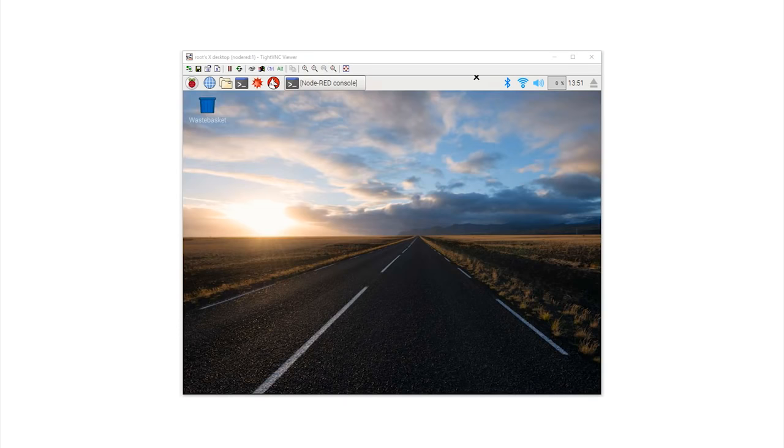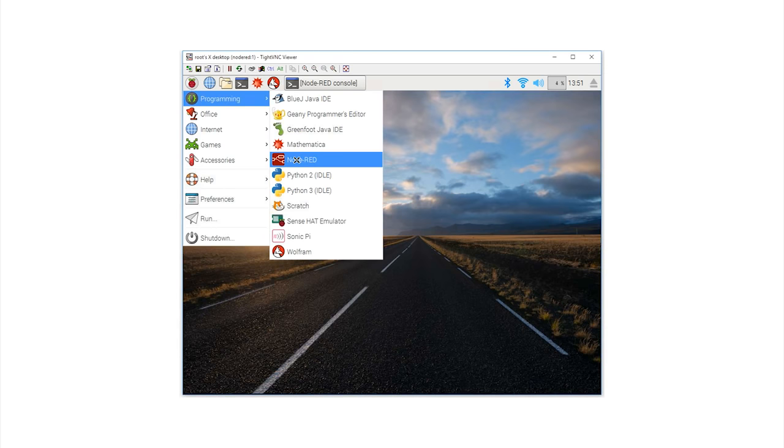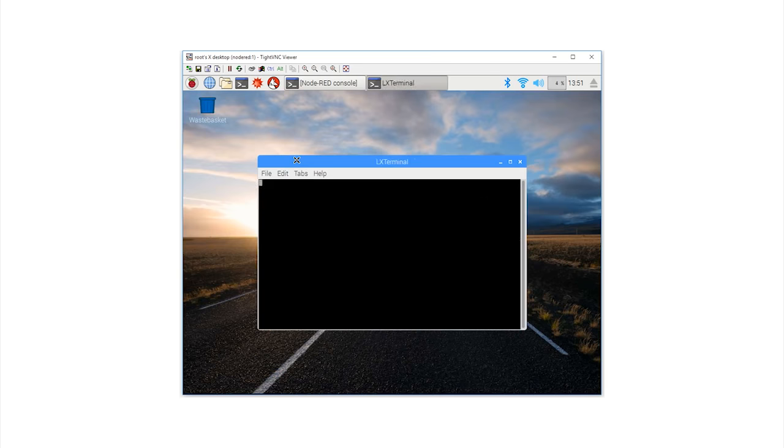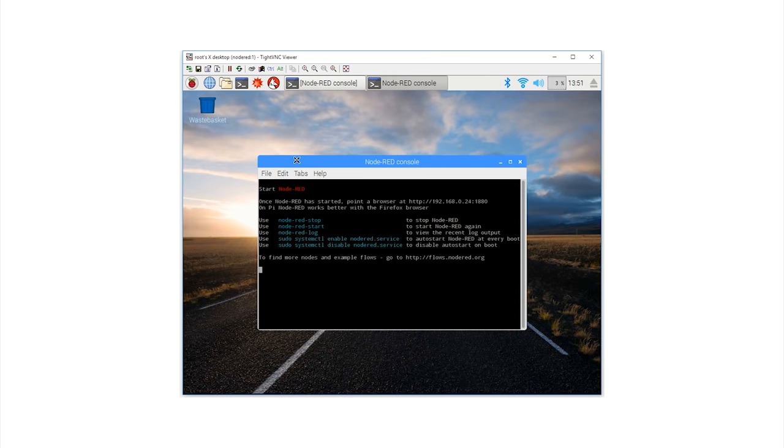You may have pressed the Node-RED icon on your Raspberry Pi desktop and been a little disappointed to have seen nothing but a console screen that almost appears to freeze. But do not be deterred. You are only a few clicks away from what I believe is one of the most exciting environments you could